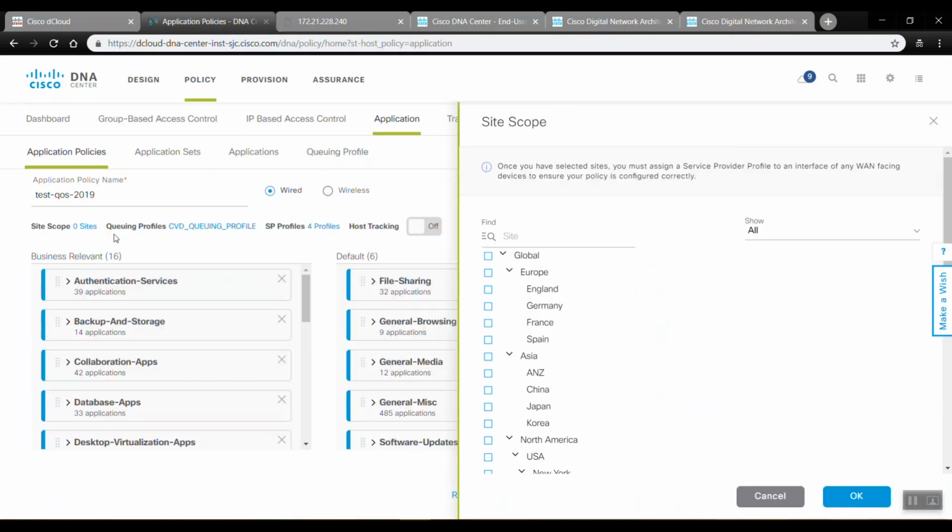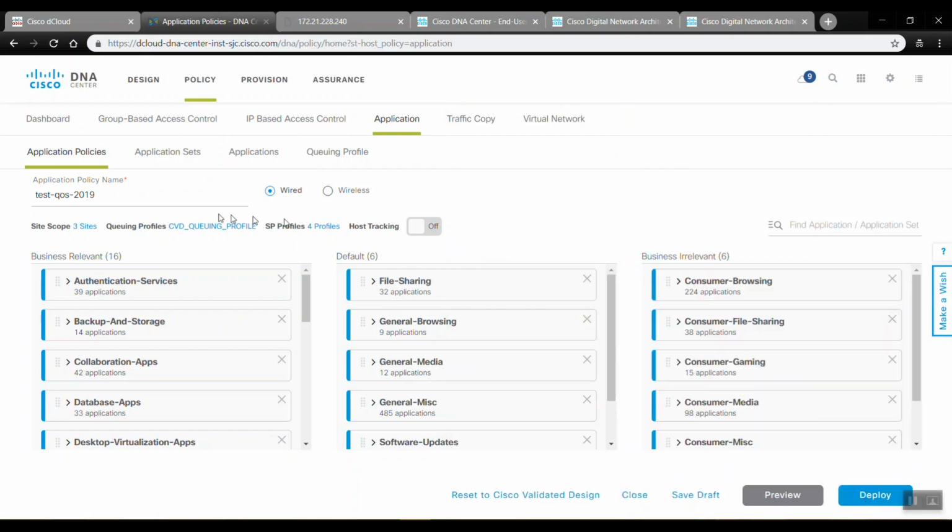I need to apply this policy to France, Germany, England sites. I need to have a certain queuing profile that we will discuss later, and I need to apply all this configuration or this queuing and application category over the 4 service provider profiles that we found at the beginning